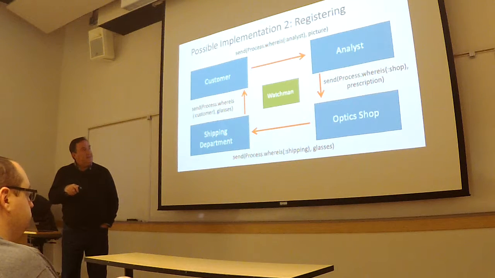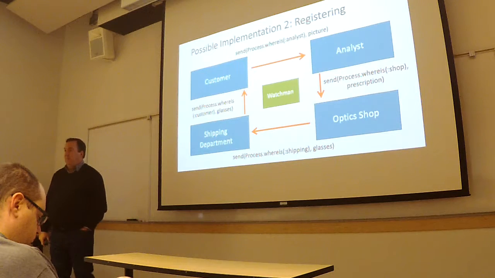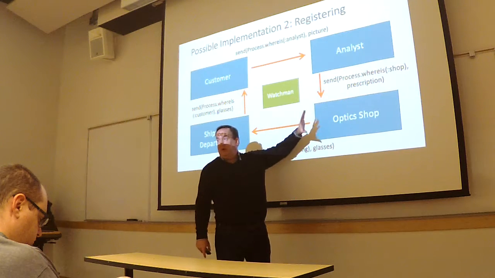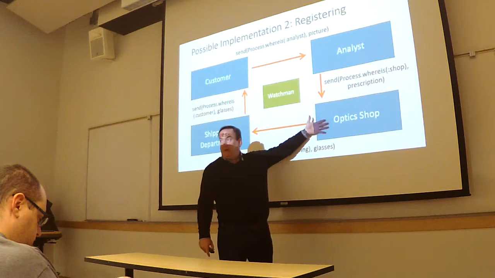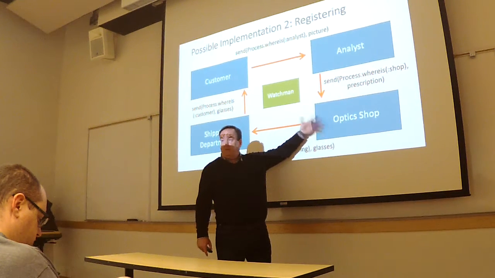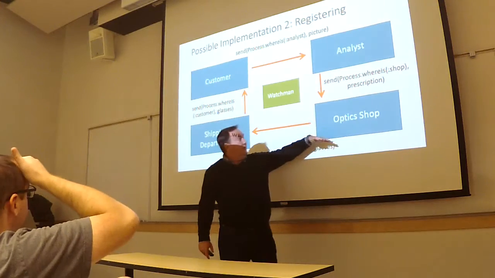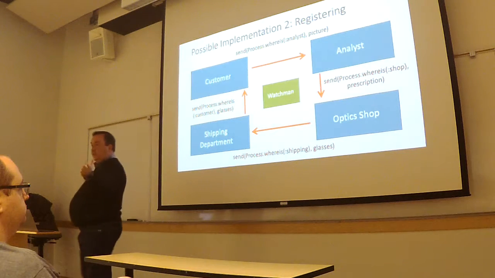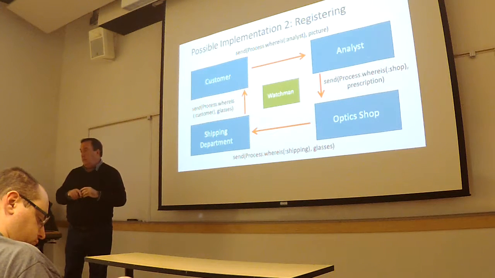The analyst then asks where is the shop, the optics shop, and it sends the prescription. Now, remember I mentioned the example, the optics shop burned down, let everybody know it restarted. I don't have to let everybody know. When I detect that the optics shop has gone down and restarted, we'll talk about that in a minute, I can unregister the old process ID, register the new one, so that every time the analyst now asks, where is the shop, it's transparent. It might have just switched process IDs, but every time it's going to ask, where is it now, and send to the appropriate process.